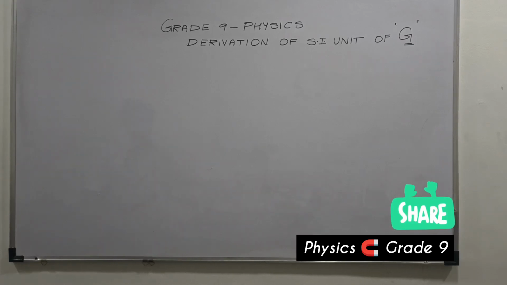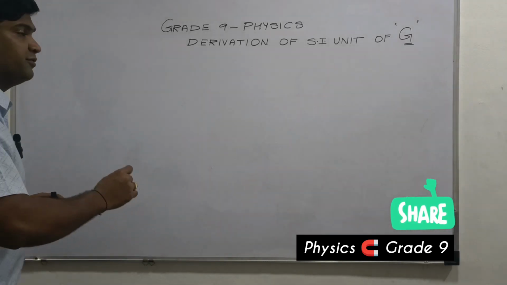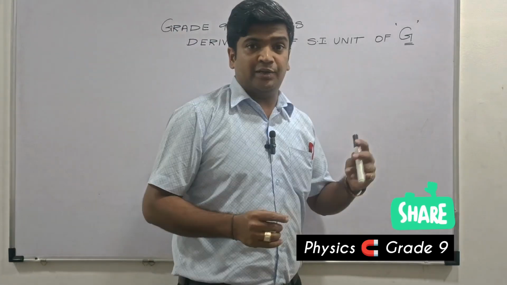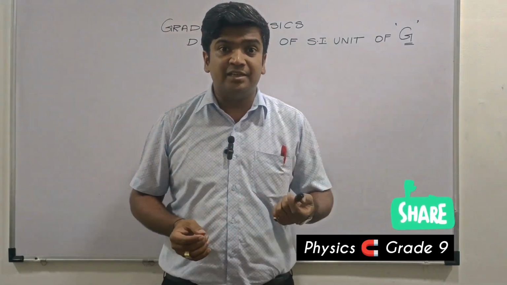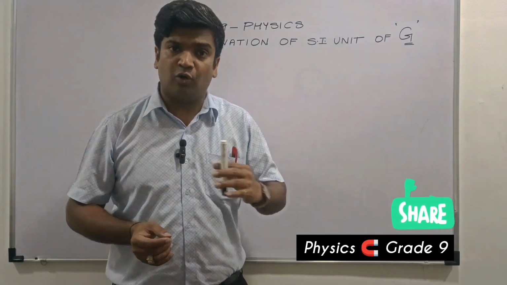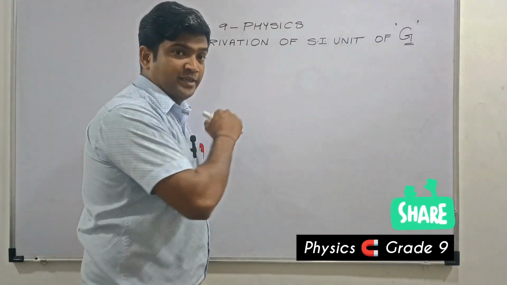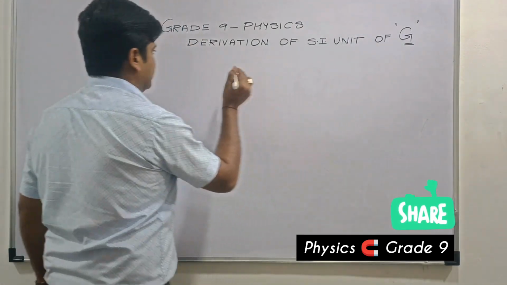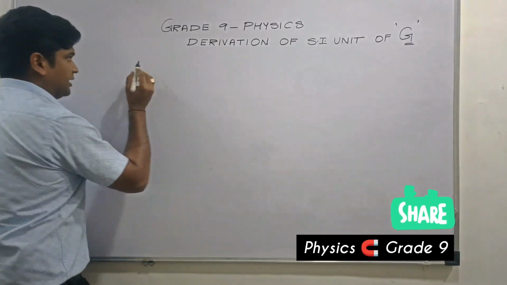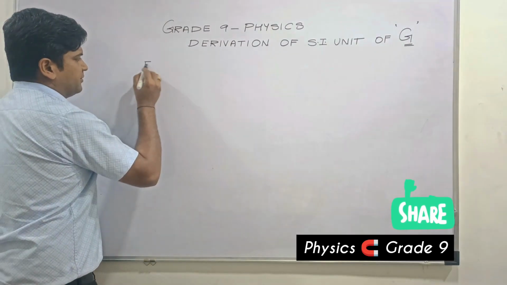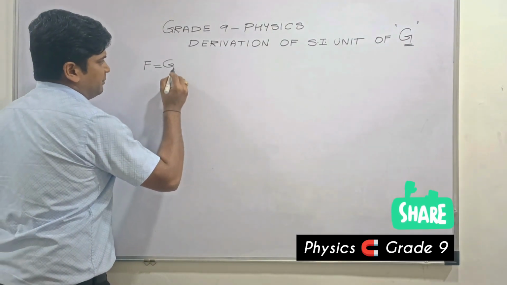We have been asked to derive the SI unit of capital G. Now, capital G is the universal gravitational constant. So we need to derive the SI unit of that capital G. So as per the formula, if you know, children, it's F is equal to capital G